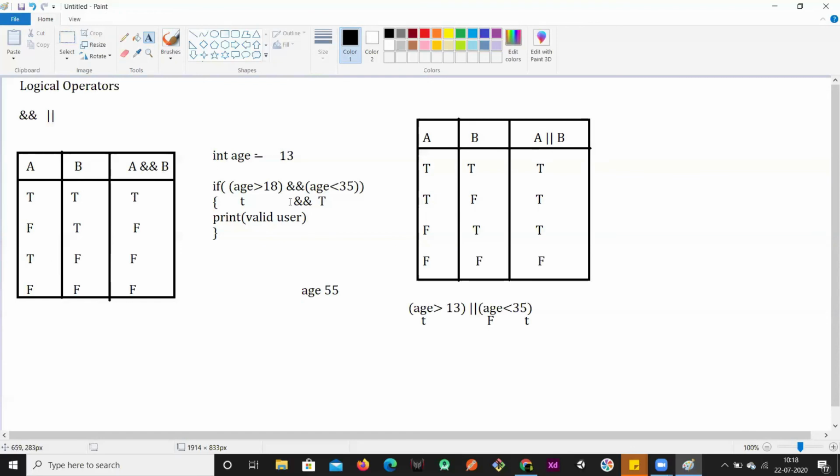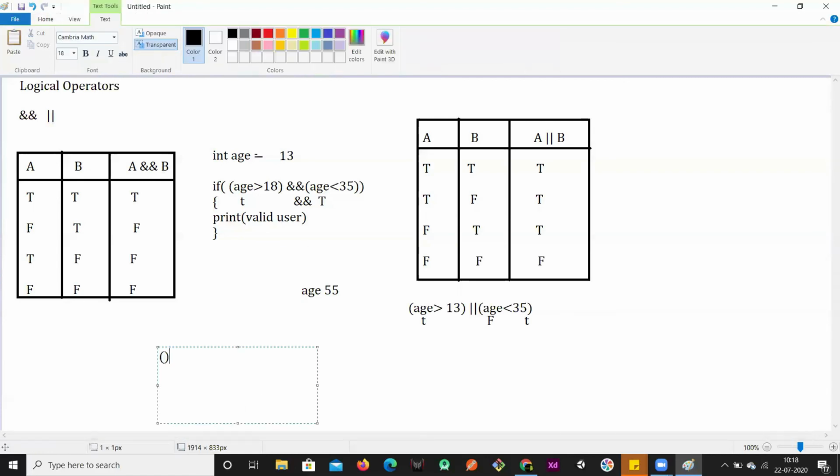Not only two, you can have multiple conditions. So here I have condition one, and again I can have condition two, and then again I have an AND operator, and I can have condition three. In this manner, I can have multiple conditions, and I can use the AND operator between them.